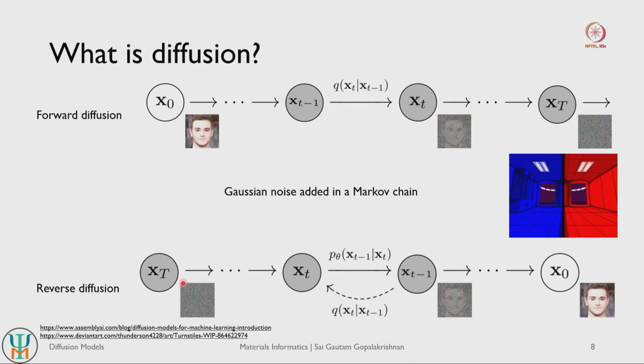The reverse diffusion basically tries to reconstruct this whole process, right. So you have forward diffusion that goes from a clear image to a noisy image. In reverse diffusion, you have a noisy image to start, and then you try to figure out your way back to obtain your clean image. For any given noisy image representation, you try to sample which are, probabilistically, the most likely ways to denoise that image to get a slightly improved, denoised version, and then you keep repeating this process until you get a clean image. So this process is what is referred to as reverse diffusion.